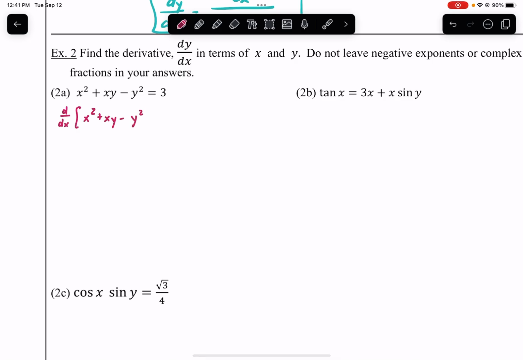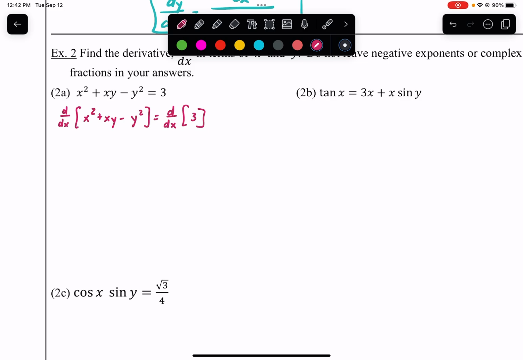xy minus y squared. And if we take the derivative of one side, we are also taking the derivative of the other. Remember, this piece right here is an operation. So this is telling me to take the derivative, and it's telling me to take the derivative with respect to x. So now I'm going to do that, applying the rules of implicit differentiation, because x and y are all mixed